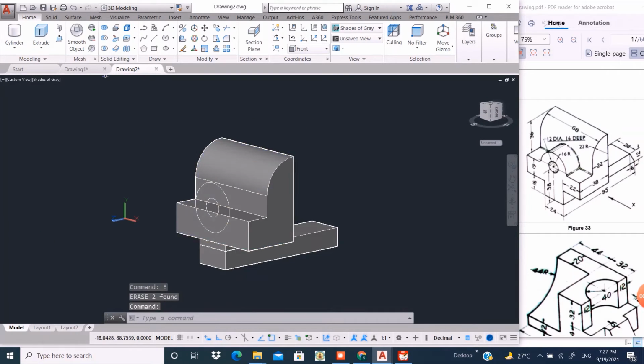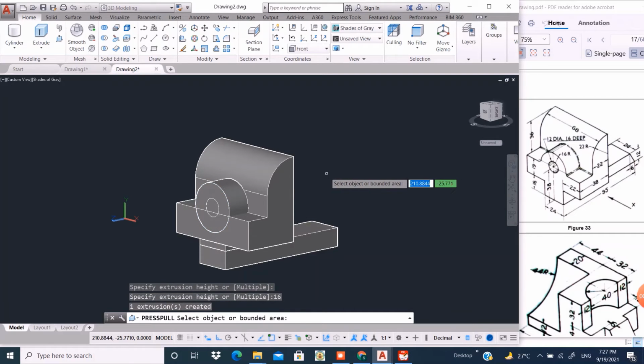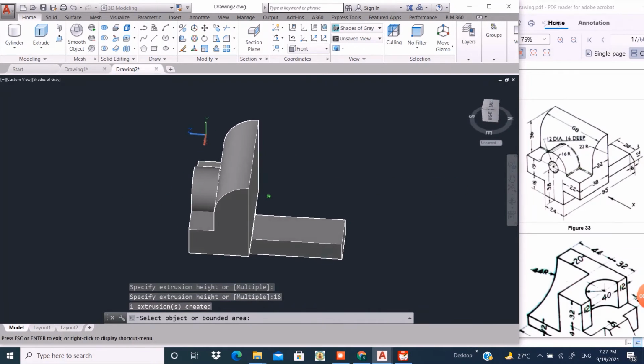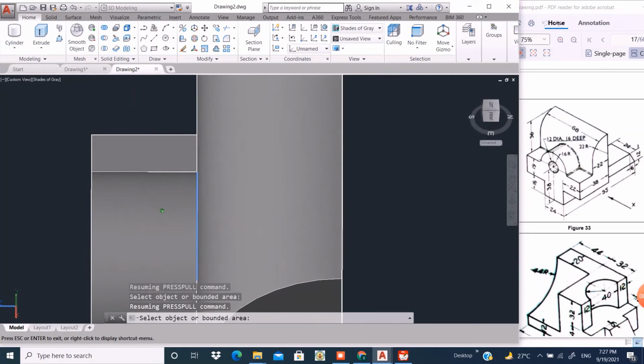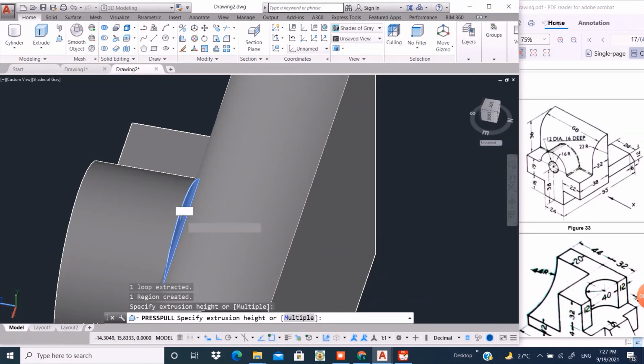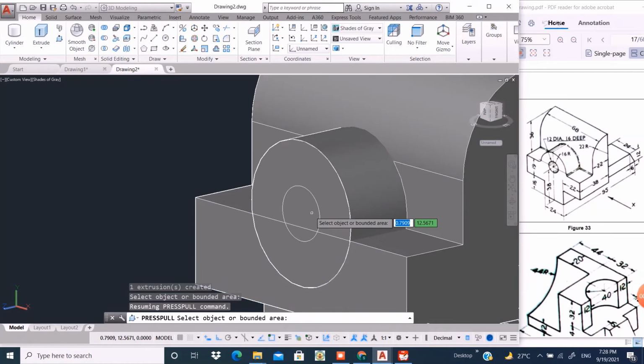Okay, now go to the presspull command, select this circle, take it back a distance of 16 units. Now again presspull command.